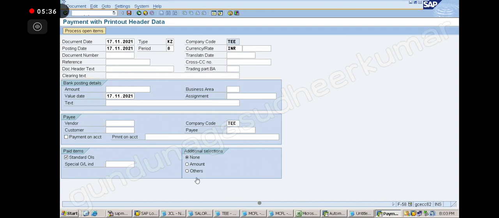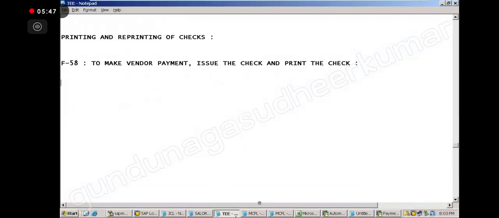Okay, now, so next, reprinting of the check we have to. Yes. So show me note that. A little bit up.